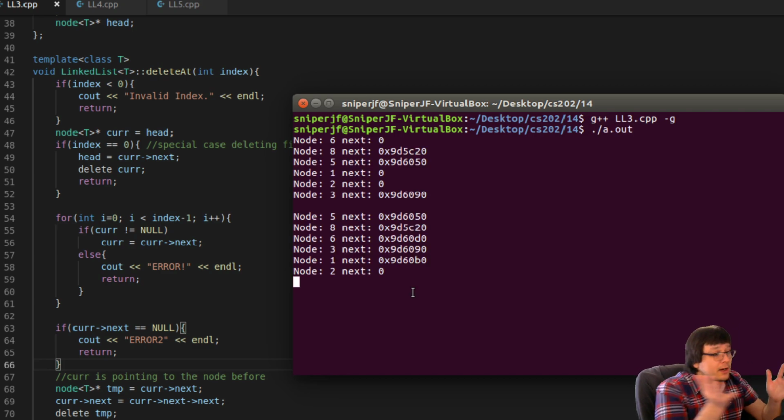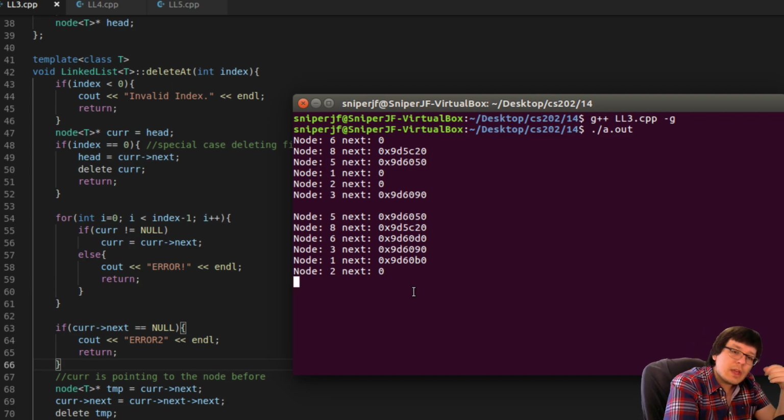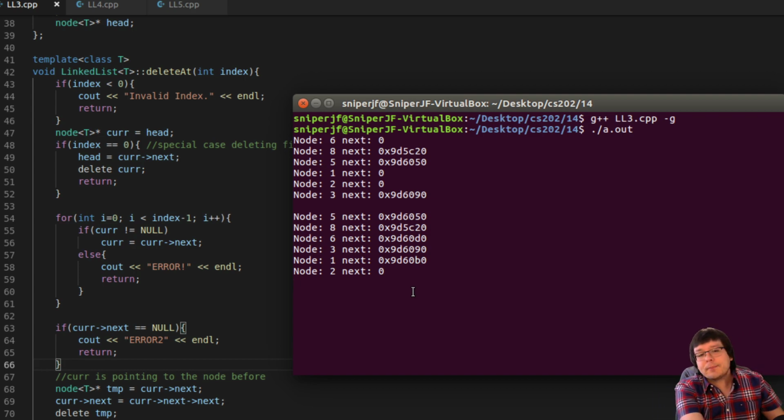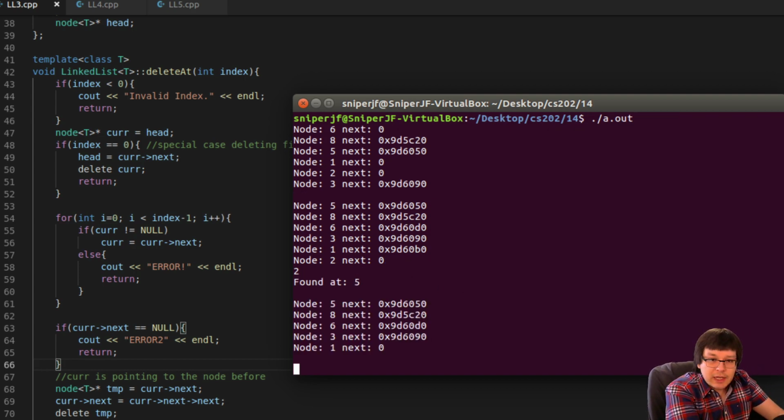So that's why the debugger is good, because something so obvious, we don't see it. But when we see the debugger run a line that we're not expecting it to run, then we look at that and we're like, oh, okay. So anyways, let's try to delete the 2 now. The 2 does get deleted indeed. Let's try to delete the 1.